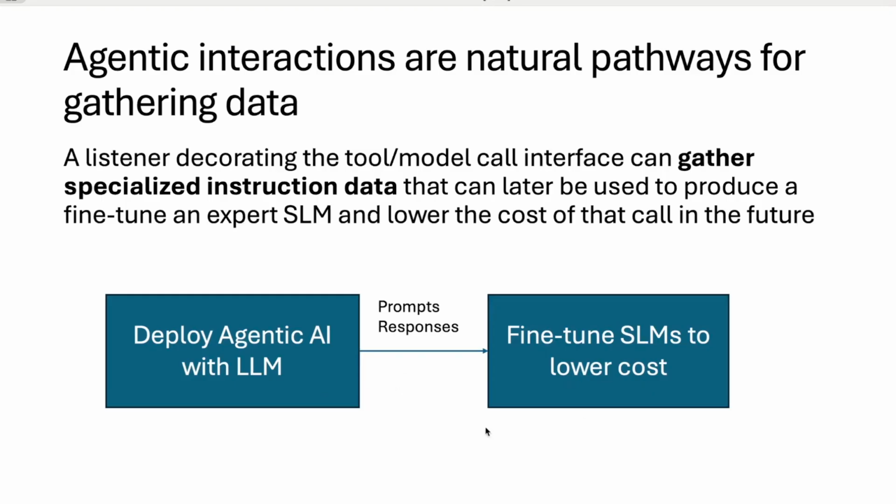So I think this is a good mental model: just move fast and deploy with the LLM first. And then based on the patterns and payloads you see, like the prompts, the responses, basically your inputs and outputs, if you find that there's a limited scope, you can use this data to fine-tune the SLMs so that you can further lower your operational cost.